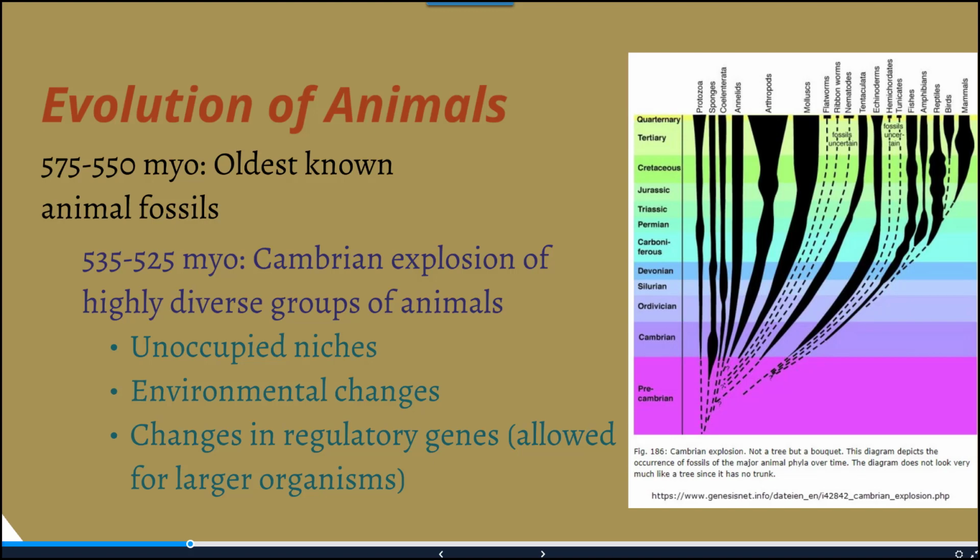This basically refers to a very diverse group of animals that were able to occupy or take over small niches that were previously unoccupied. There were environmental changes to the earth that contributed to this explosion that made it more possible, or more accommodating, to the physiological structures of organisms at that time. And then there were changes in regulatory genes that allowed for large organisms to be larger. So quite a few things are hypothesized as happening during that Cambrian period, with some obviously fossil and other evidence.